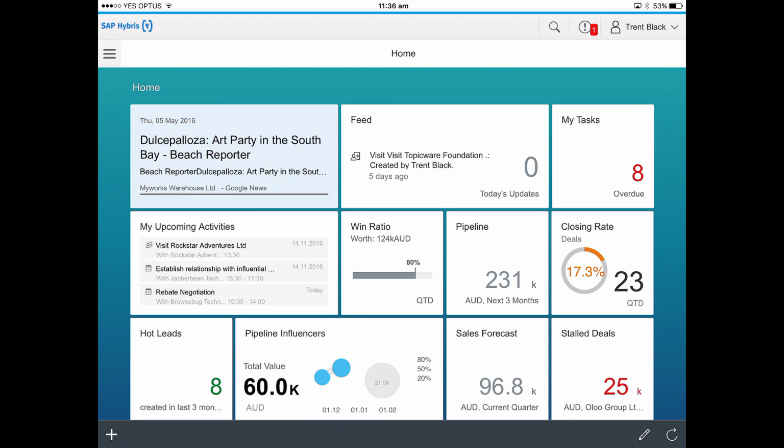In SAP Hybris Cloud for Customer, these tiles fall into several categories. They can be KPIs, scorecards, reports, and tools. So I've logged on as Tret Black, and he is a sales manager. So he's organized his homepage based on what he would like to see when he first logs in. If we were to go through a few of these examples, we've got the news feed up the top